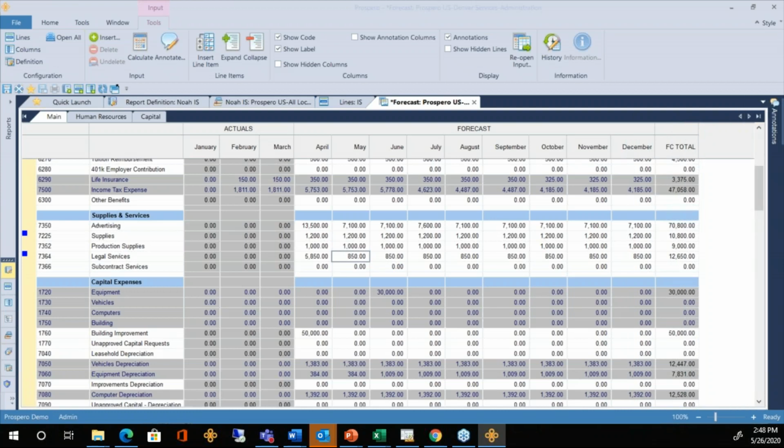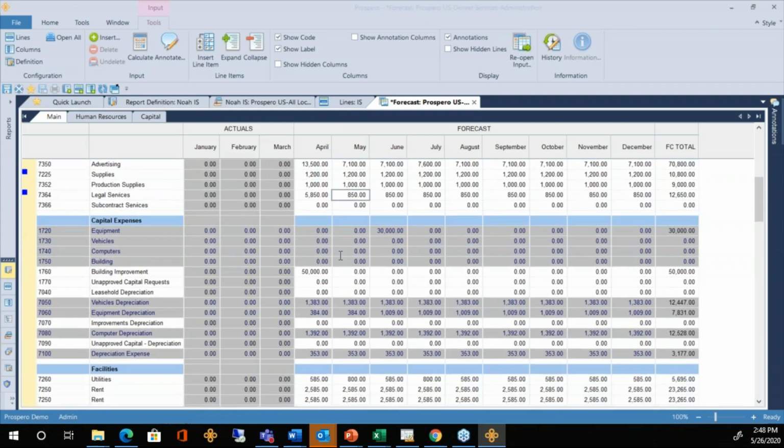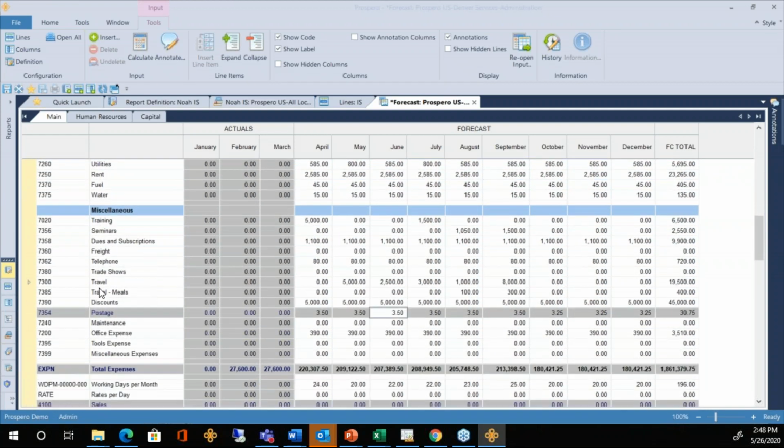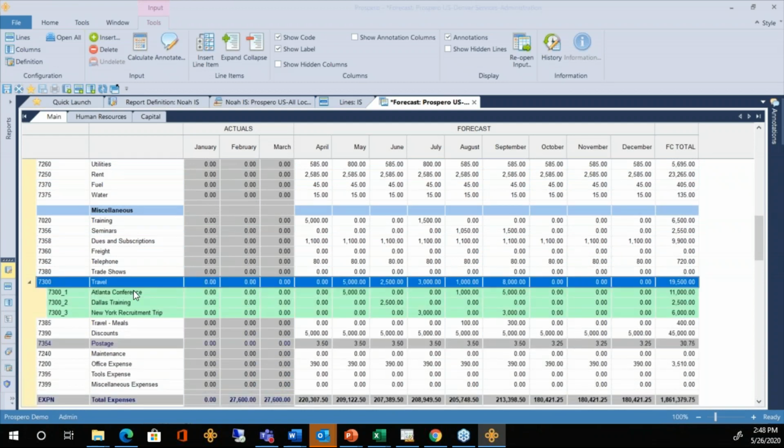We have options for line item details. So if your budget input people need to add additional rows here, they don't have to ask you to add rows. They can do it themselves. So I have already added some for the travel account. So for travel, I see there's a little pointer on the left-hand side. If I click that once, it expands that row. I've already added 3 rows of line item details for this account.